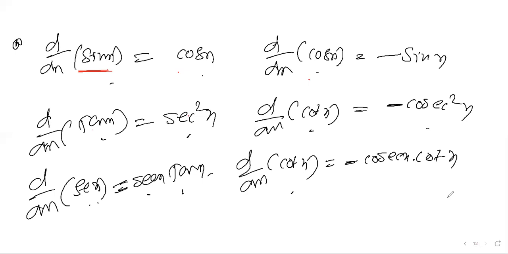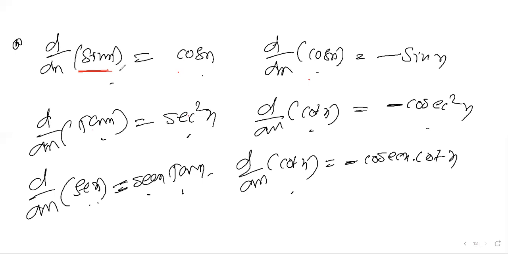Second, how to remember. After getting to the examination, you might have a confusion about where to write the minus and in which form. Sometimes people will say sin x means minus cos x, some will say tan x means minus secant square x, some will say secant x means minus secant x cot x. Some people might be confused about where to put the minus.